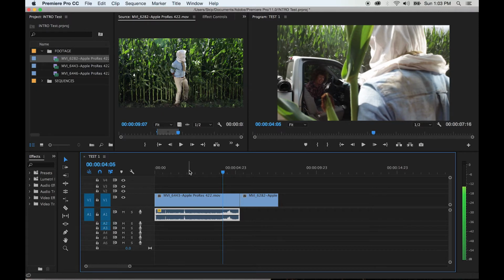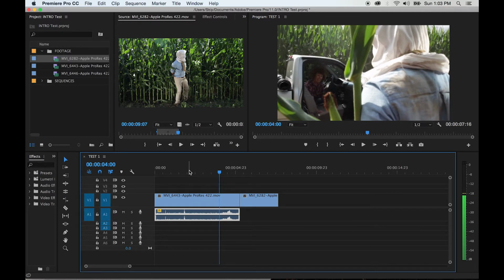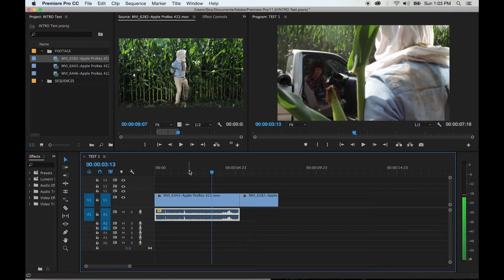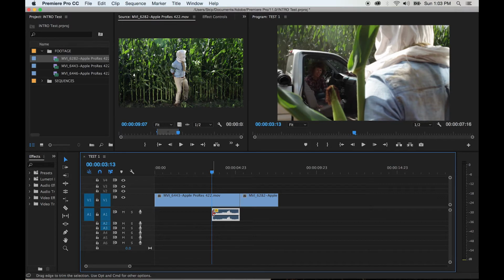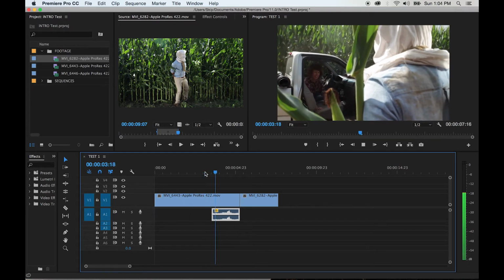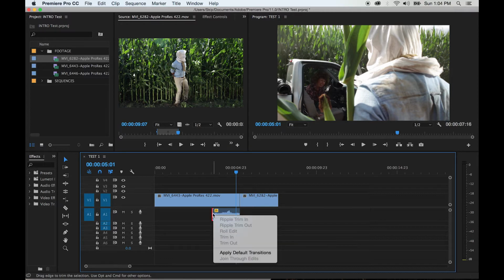You need. Right around there where she says you need. Right about there. I'm going to come back maybe about 12 frames. Okay? And I'm going to take this and I'll drag it, and that's where I want the sound to start. I don't need all this other sound that was over here. Need a ride? Okay? So what I'll do here is highlight this end and control click or right click on